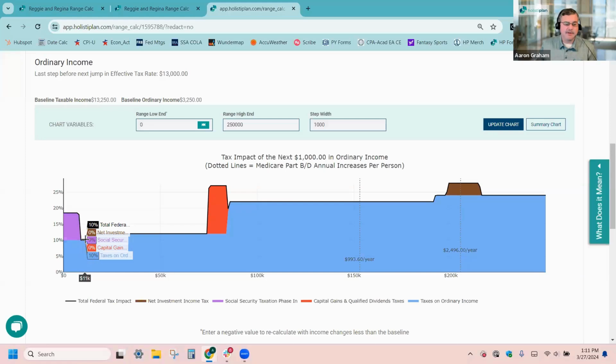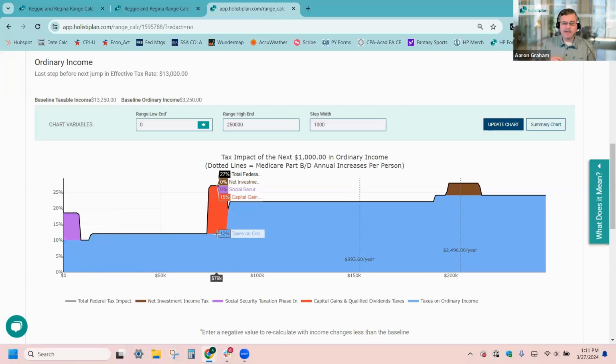As you can see, they're still in the 10% bracket. Eventually, we jump up to where they're in the 12% bracket. This is representative of jumping from that 10% bracket to 12. You'll notice they stay in that 12% bracket along with this additional income until we start to hit a red area. This red area, this is also a pretty common question that we get in support is, where is 27% coming from? Essentially what we're having happen here, even though they're still in that 12% ordinary income tax bracket,